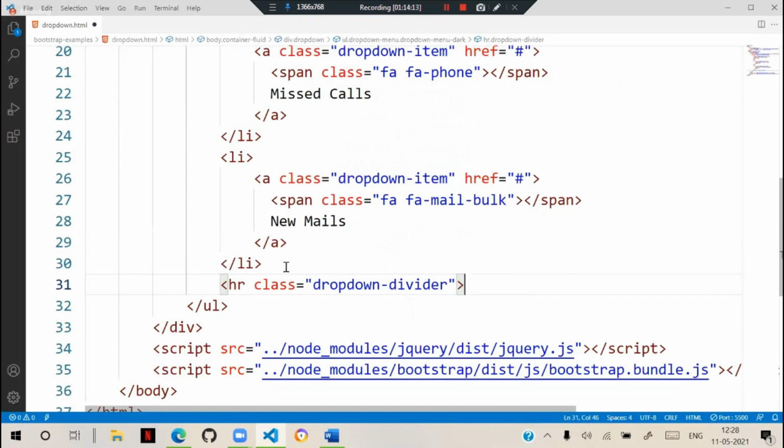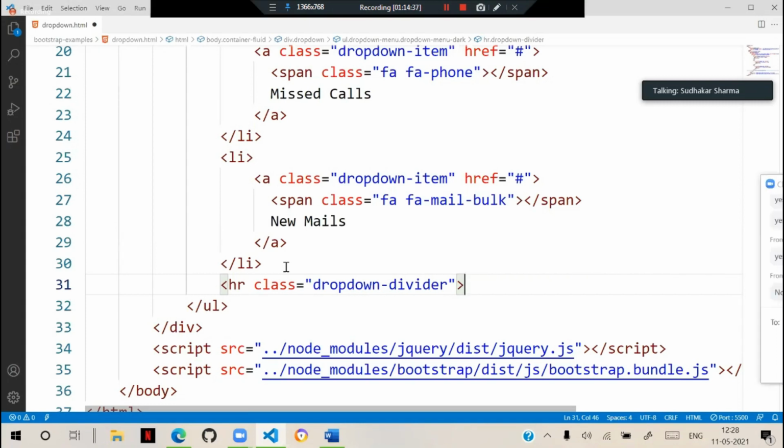For the horizontal line, we can keep the option like a drop down divider. Actually, it is called a split. Generally, we call it a split. So we can keep a drop down split. And under that, we can give some other options. That means this is generally to split and keep some more categories of options under it.